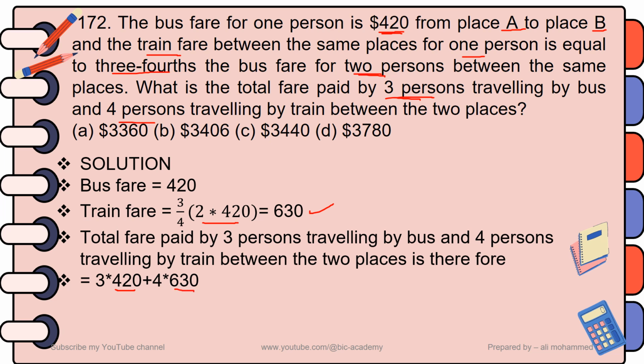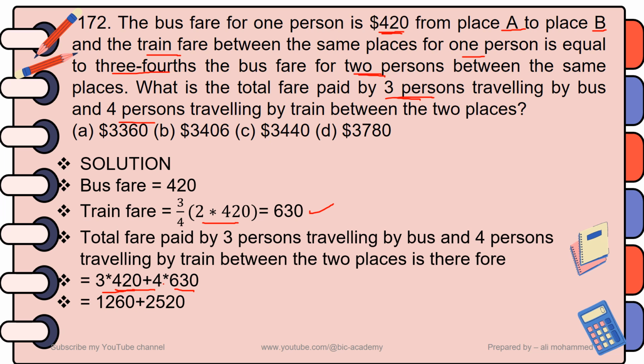So the total amount paid by 3 persons traveling by bus is 3 times 420, and the total fare paid by 4 persons traveling by train is 4 times 630,